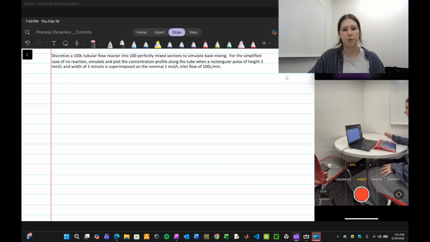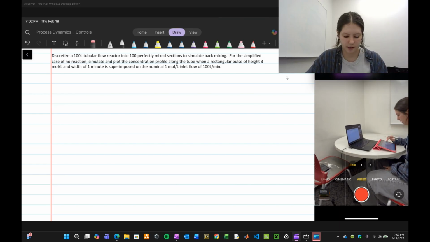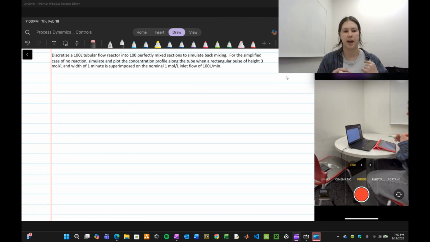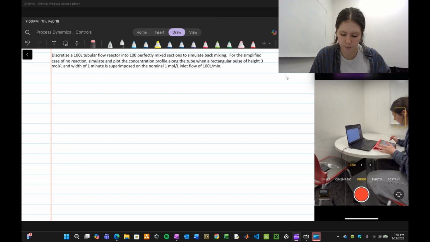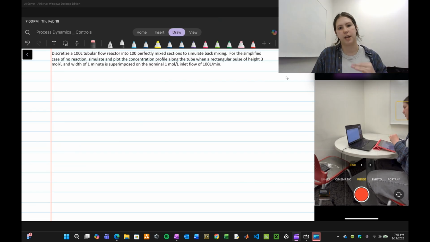All right, so today we will be doing homework 2, part A. What we're going to be doing today is looking at a tubular flow reactor. We can also call that a plug flow reactor. We're going to be dividing it up into 100 perfectly mixed sections to simulate back mixing. We're going to treat each of these sections like one individual CSTR because those are perfectly mixed. And then we are going to be plotting the concentration profile along the tube when we insert a pulse into